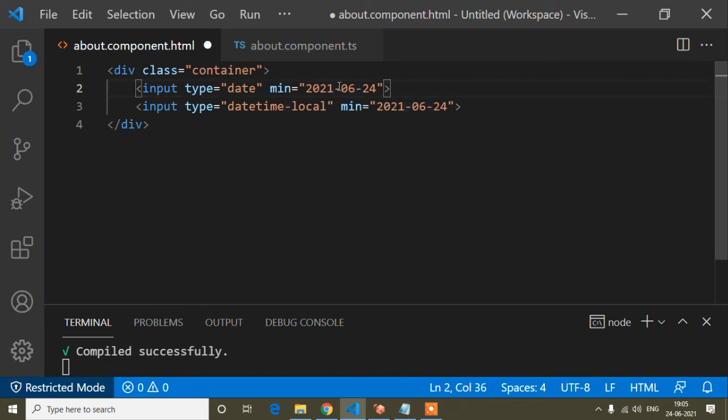Okay, you cannot write it this way. We also write dates like this with a backslash, but here in the min date property, when you are setting a min date, at that time you have to write a hyphen. Okay, so save, and you will find the previous date is disabled. Here you can see it's disabled, so it's only for the date picker.